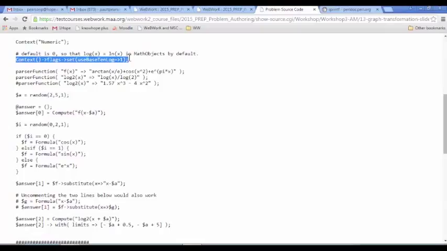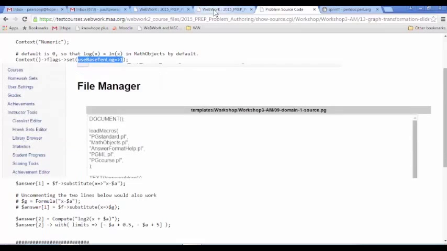Since we're doing a logarithm problem, let's make sure that log is going to be interpreted in the way that we want. The default setting is that log is interpreted as natural log, just like in Perl. In MathObjects, you can override that behavior and specify that log means base 10 log using this context flag. There's also another way to do that,